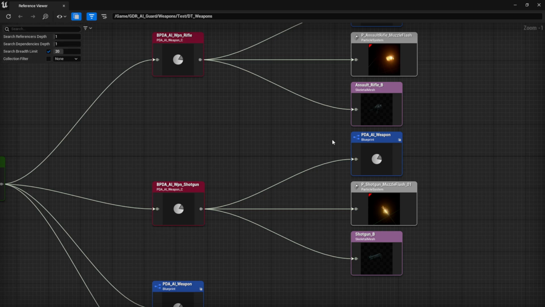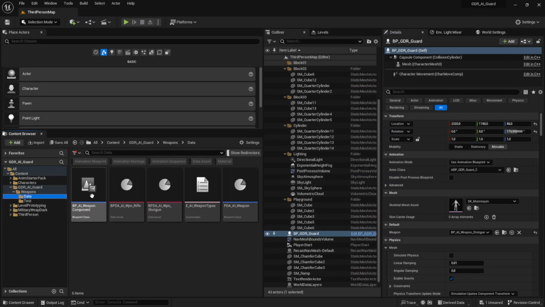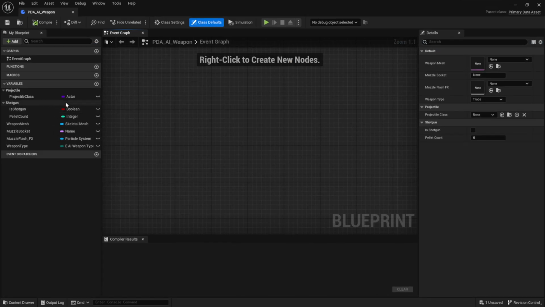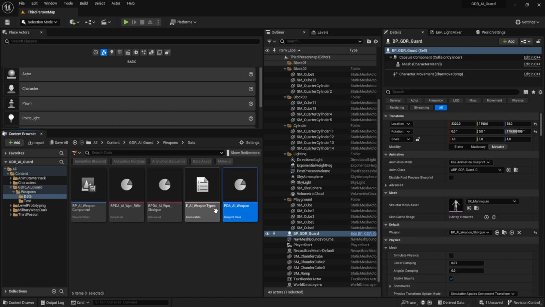unless you make those soft object references. If you do that, then you end up with a lot more code because you need to load those manually when you actually need them. So it's a little bit trickier to work with. Now, if we take a look at a data asset, the actual primary data asset over here does not contain any actual references to assets. There are references to a skeletal mesh class, but there's not actually a skeletal mesh assigned in here that needs to be loaded. So we can reference our primary data asset without making references to any actual assets,